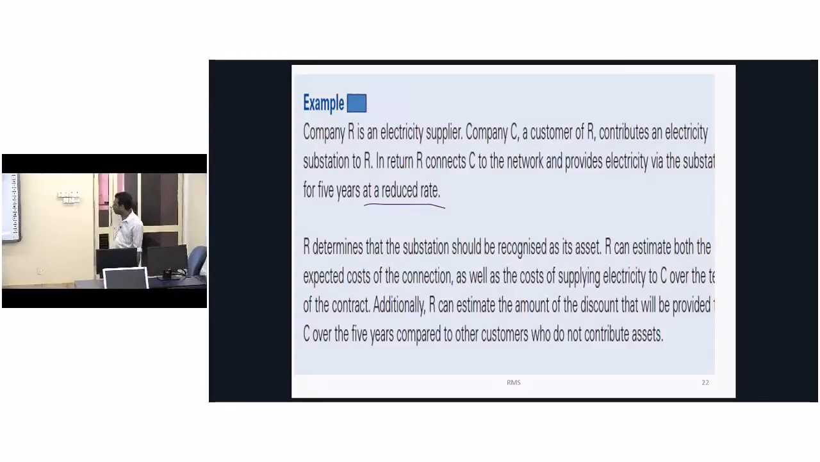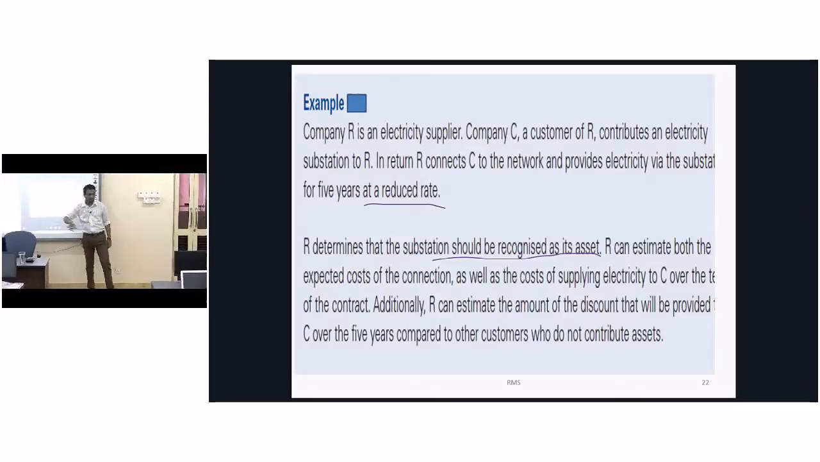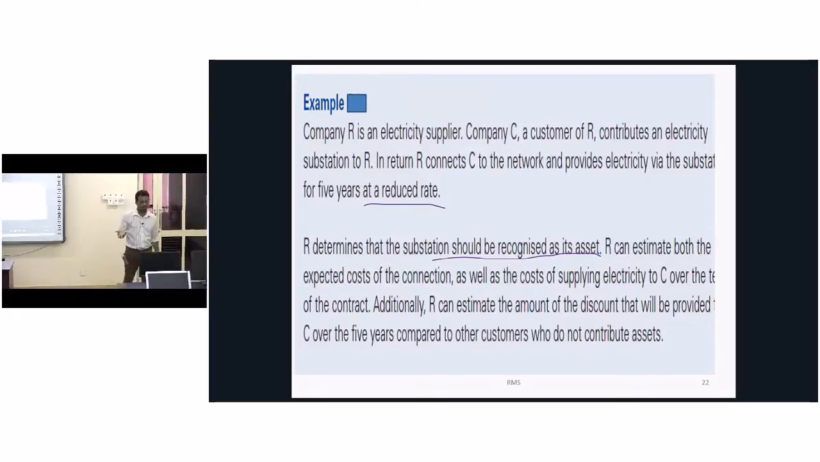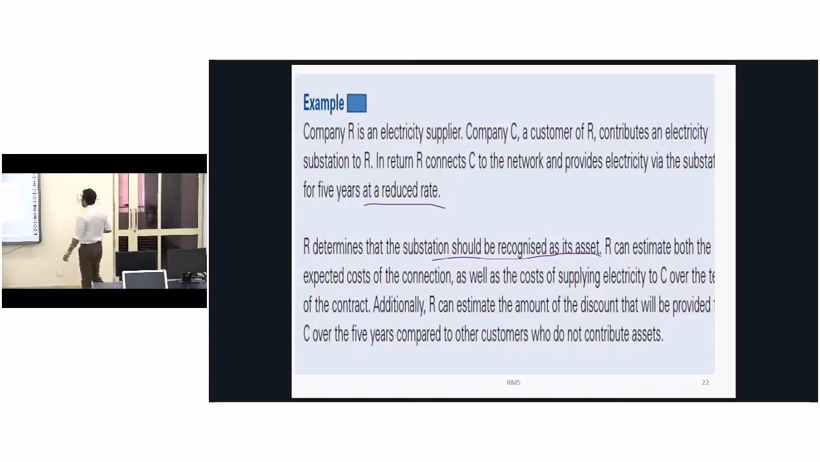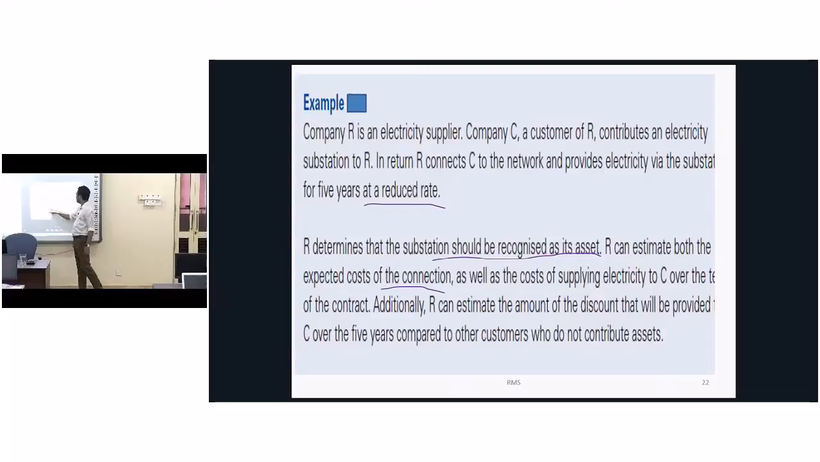So then we will have a question. In the previous one, very simple thing, I didn't say that we have a discount. R determines that the station should be recognized as an asset. Yes, it's very clear. You just imagine R as the electricity board, like it's easy for us. R can estimate both the expected cost of the connection as well as the cost of supplying electricity to C